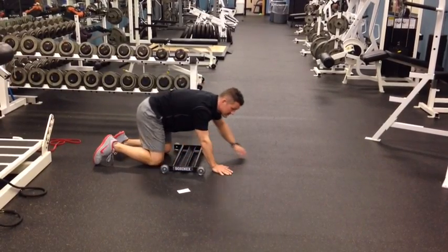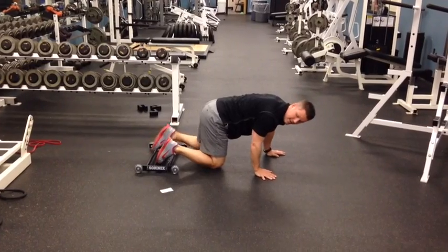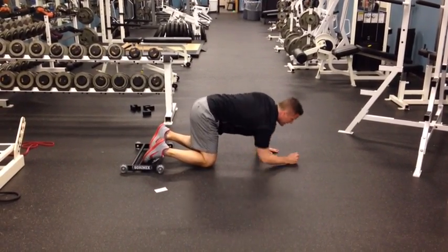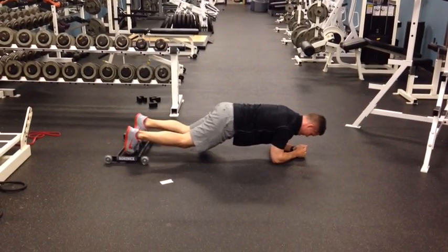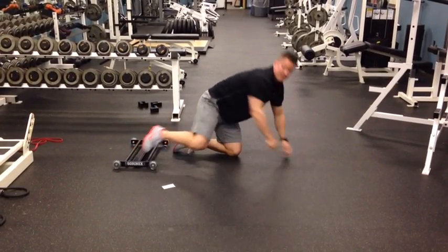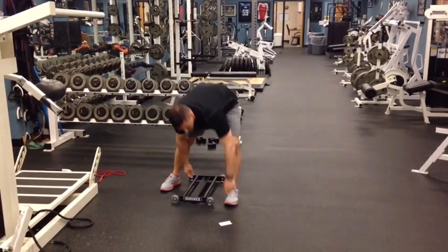I like to do a body saw on here, and a lot of times we'll do a body saw on a slide board or with valve slides, but I actually like it a lot more on here. Just right here. Which is actually very, very challenging. There's also things you can do